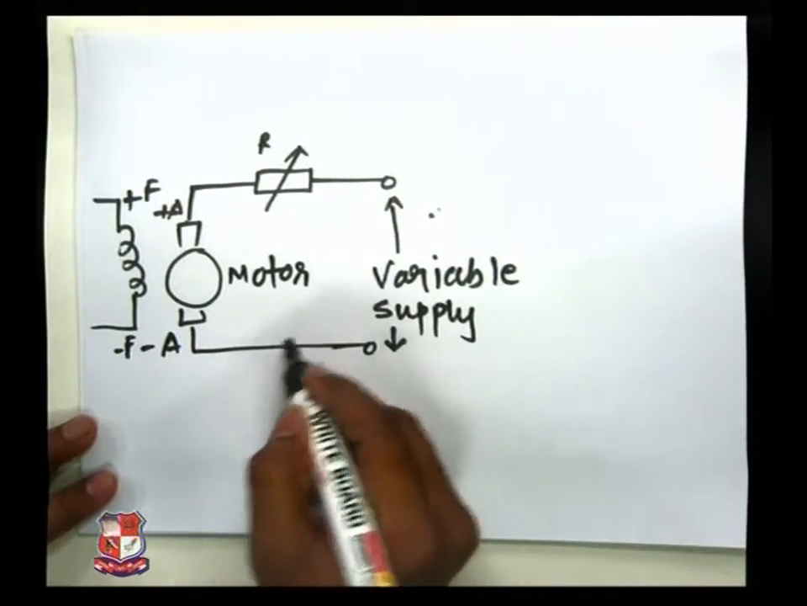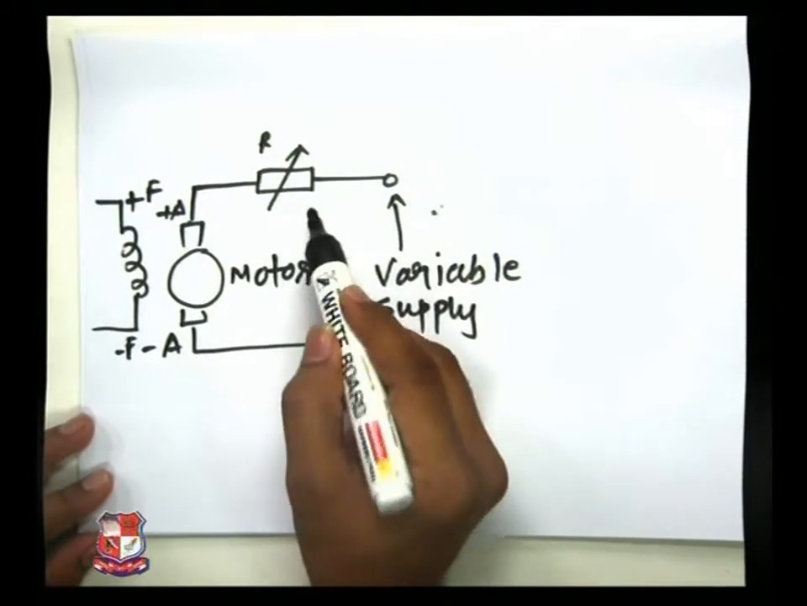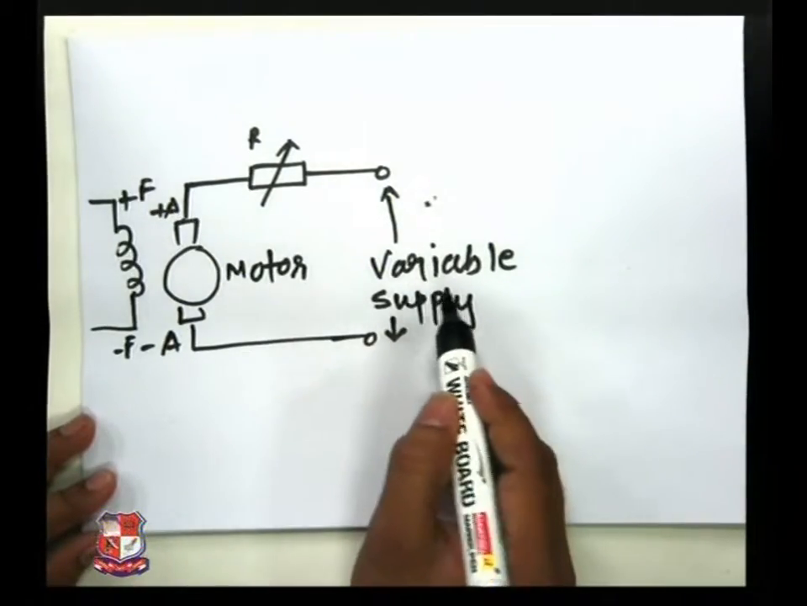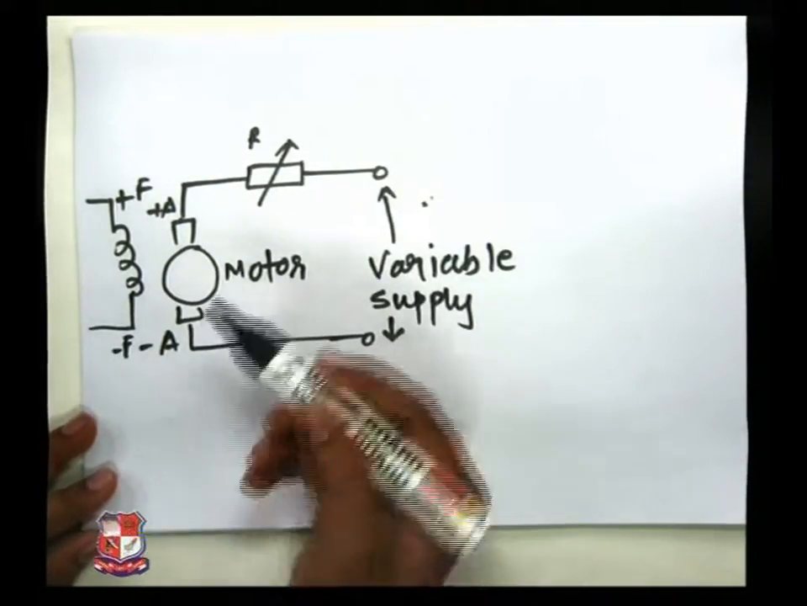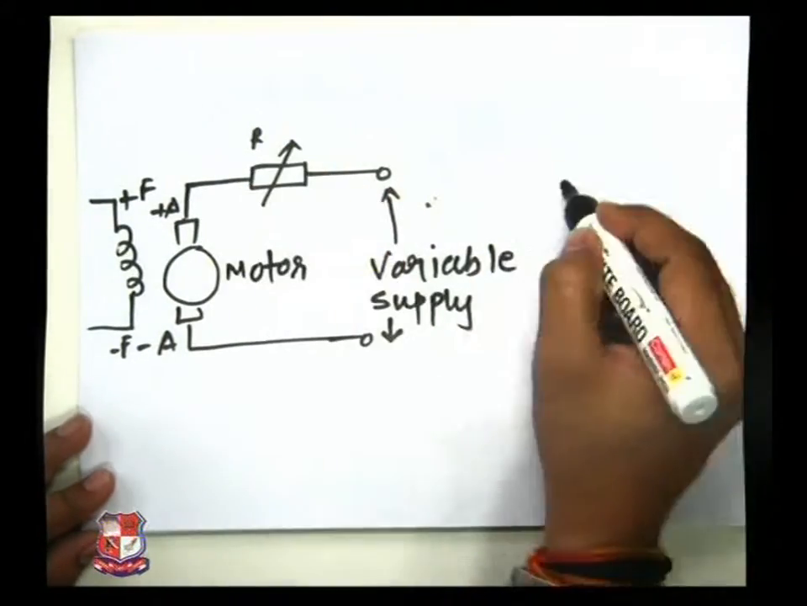Here we are taking one example of a motor which has a variable resistor, that is R. This is the armature and this is the field. You are applying a variable supply to the motor. So what happens? Actually the limitation of Ohm's law is that if you are increasing the value of R,